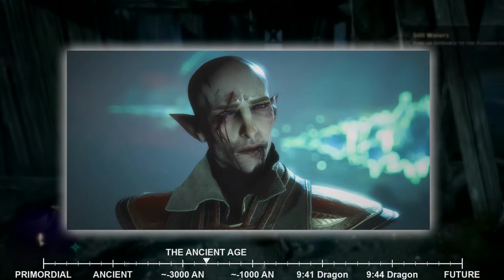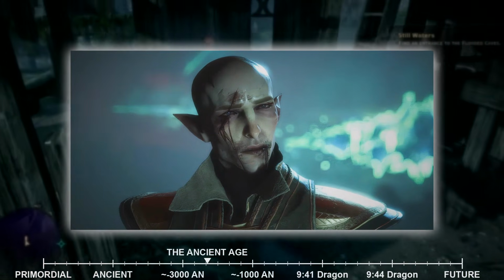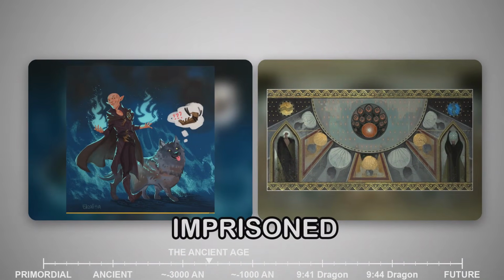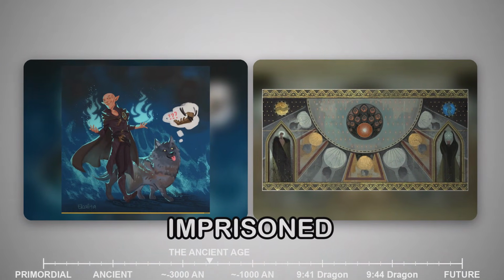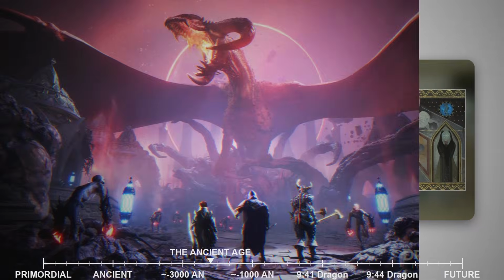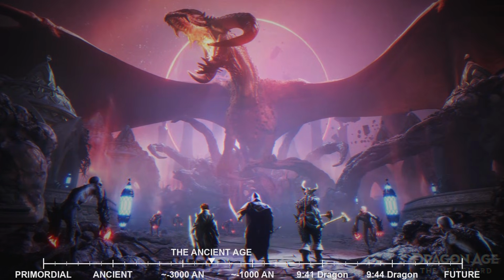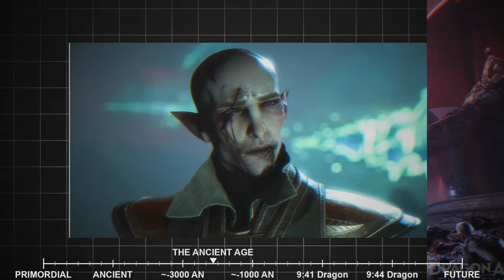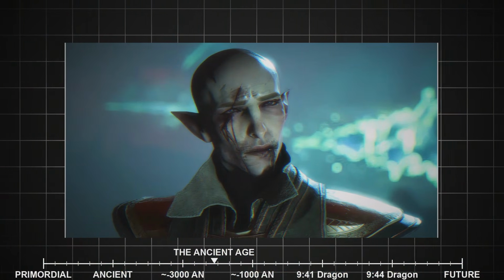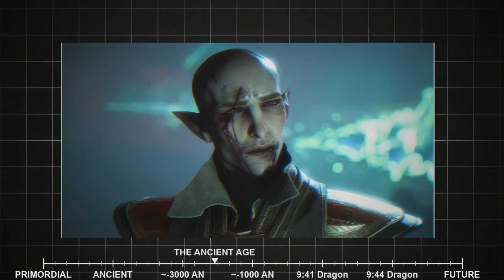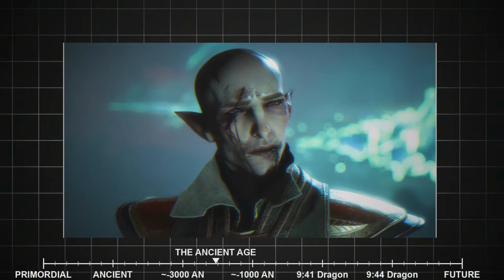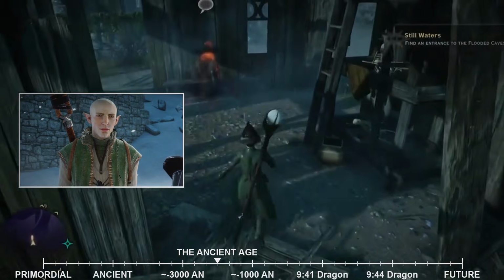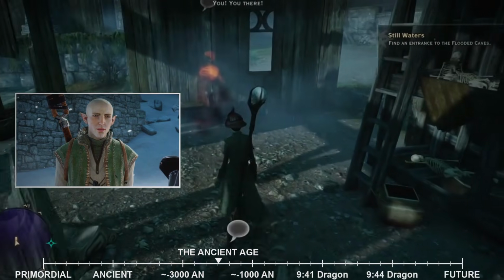Solus himself is not immune to the consequences of his actions. He has succeeded in his goal. The Evanurus are imprisoned. The tyranny of the false gods has ended, but the cost is far greater than he anticipated. He did not foresee how completely the veil would sever the elves from the Fade. He did not realize that his people would lose so much. The guilt weighs on him, a burden that grows heavier with each passing day. He walks through the ruins of Arlathan and sees what his actions have wrought. He sees the suffering of his people, the collapse of their civilization, the death of their dreams.